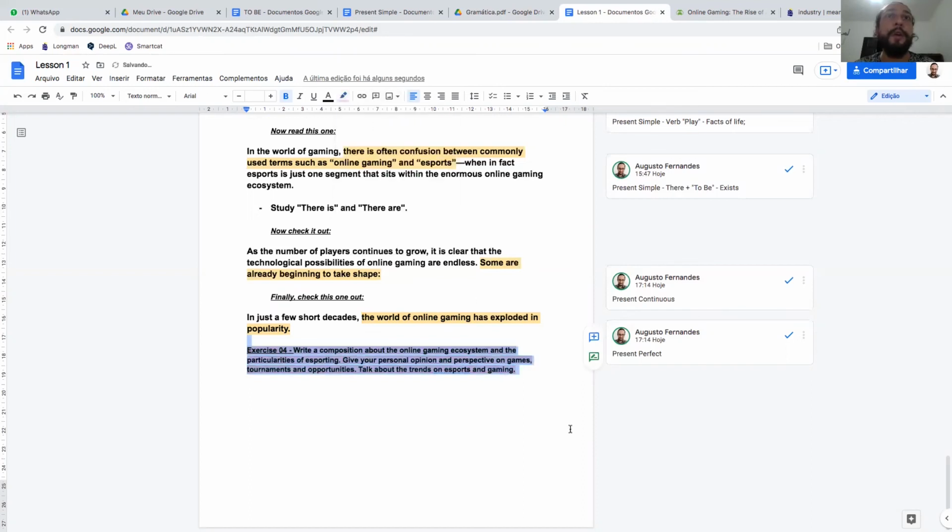So write a composition about the online gaming ecosystem and the particularities of esports. Give your personal opinion and perspective on games, tournaments, and opportunities, and talk about the trends in esports and gaming. So when you write this composition, this text about online gaming, I will be able to evaluate how you are organizing your ideas.